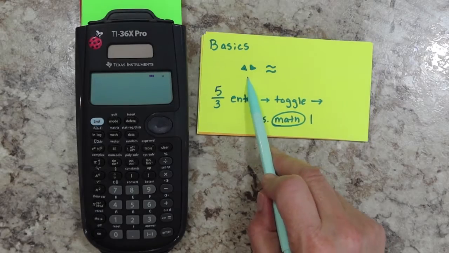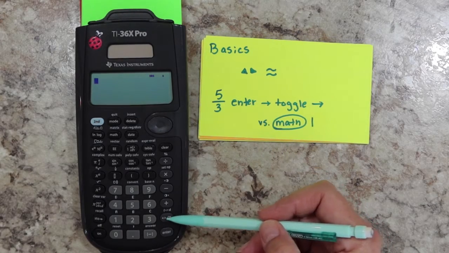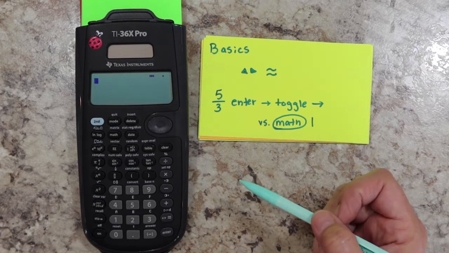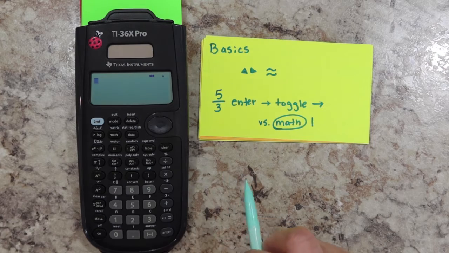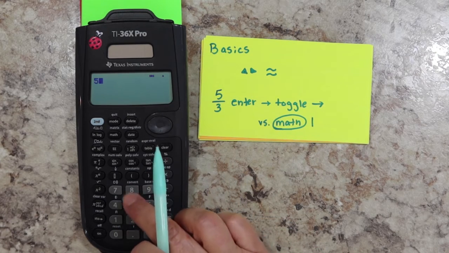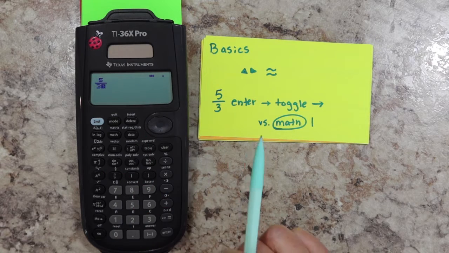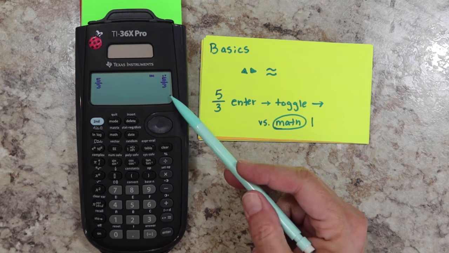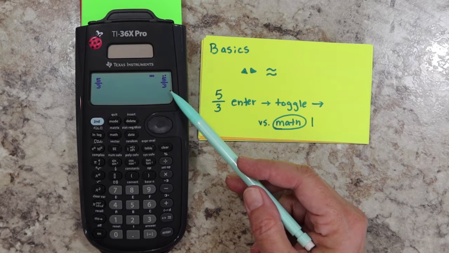And we actually just talked about the toggle button right here that has the 2 little arrows, and then the squiggly lines, that means approximately. So let's look at what would happen. Here's your fraction button. So if I entered 5/3 as a fraction, and then I hit the enter button, it leaves it 5/3 because that is simplest form,